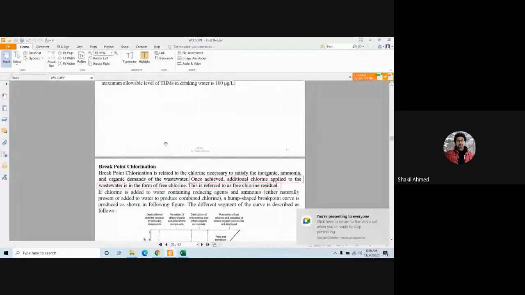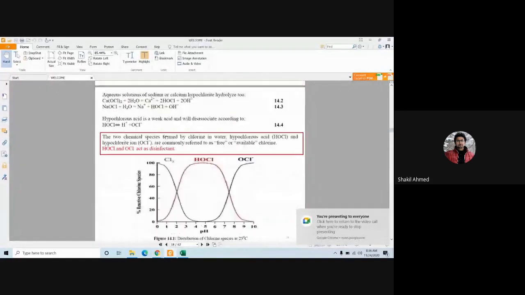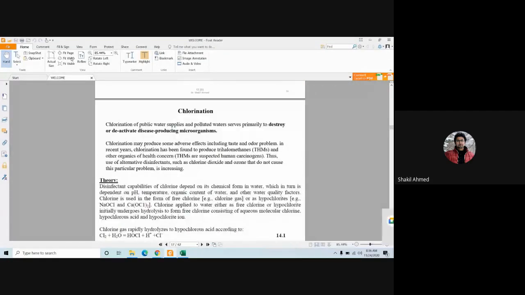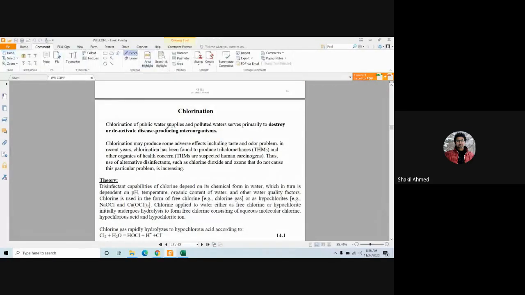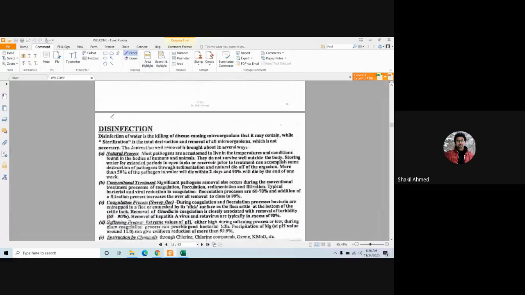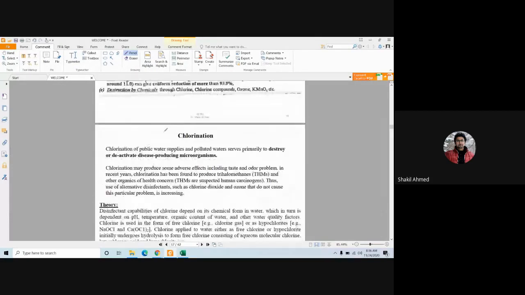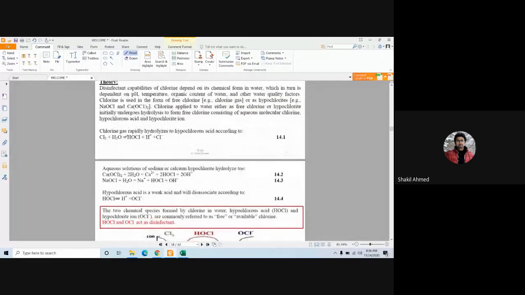So we were discussing disinfection from the last class, right? And we saw different methods of disinfection here. One of the most popular methods of disinfection is adding chlorine in different forms. That's called chlorination. Okay. So what happens is that when you add chlorine to water,